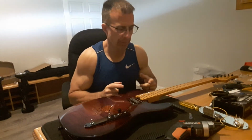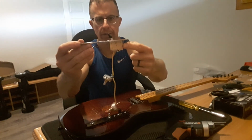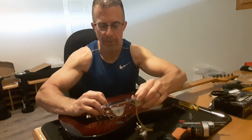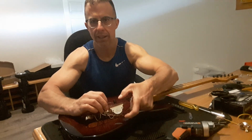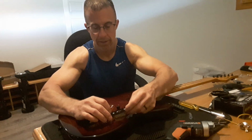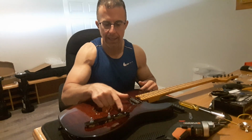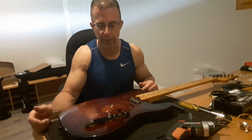All right. So the first problem. This switch on the Eart control plate is way shorter than the switch that comes with Guitarfetish. So there's about, well, I guess you're not going to be able to see that with my phone, but there's about 1/4 of an inch in the difference in length here, like this way. So unfortunately the control cavity is not deep enough. So I'm going to have to remove all this tape, and I'm going to have to go route out probably 2 inches of wood inside the control cavity. I have to route that out so that this control plate will fit. So I'm going to take all this